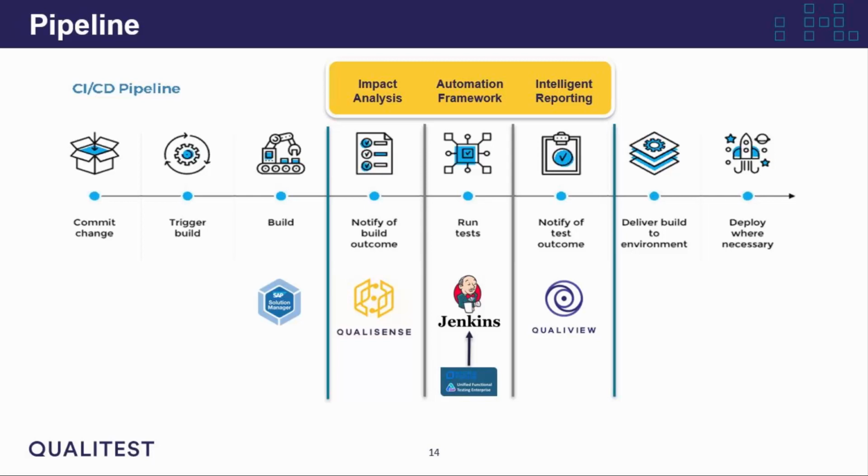This will then trigger that automation suite, run all of those tests in the order they need to be done with the risk profiles so we can accurately execute the change and therefore move quicker, move faster, move with more accuracy. Then we send our results into QualiView. Again, an AI-supported dashboard, any supported dashboard will work. We're going to show you QualiView today.